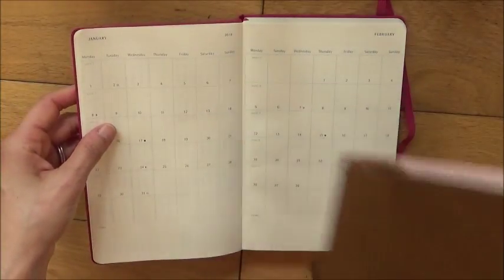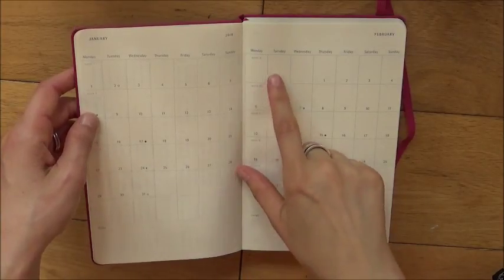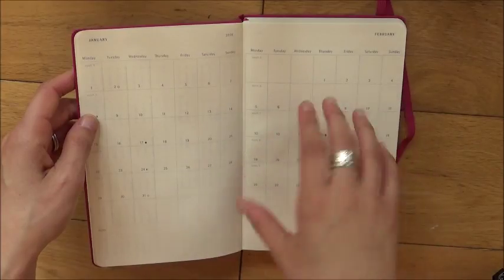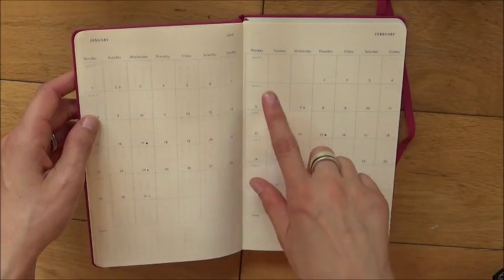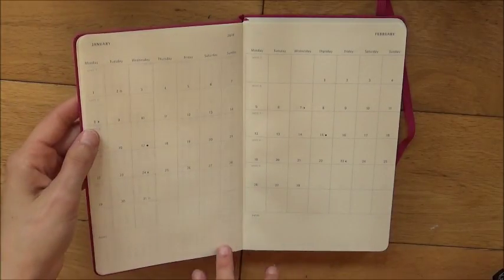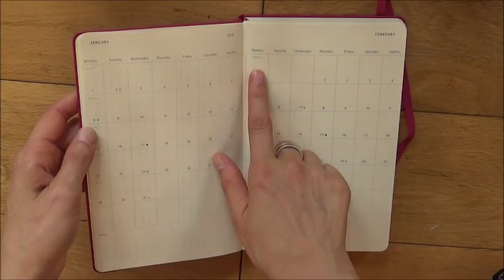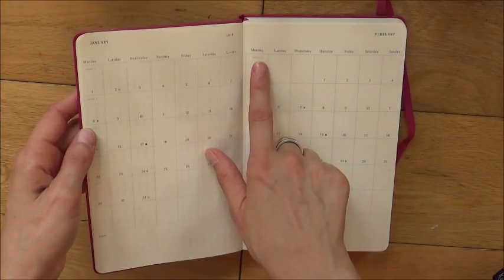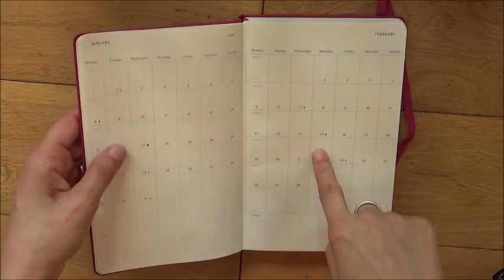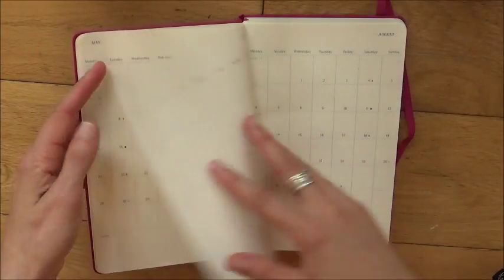But if you just wanted to note down appointments briefly, I think you can get about 1 word onto one of these boxes. And if you wanted to track, you could probably do quite a bit of tracking on this if you're just ticking and using abbreviations. It has a bit of space for notes at the bottom, and it gives you the week number here in slightly fainter font, which I think is nice aesthetically. And it also gives you the moon phases, and obviously it's a Monday start. So that goes through the whole of the year,